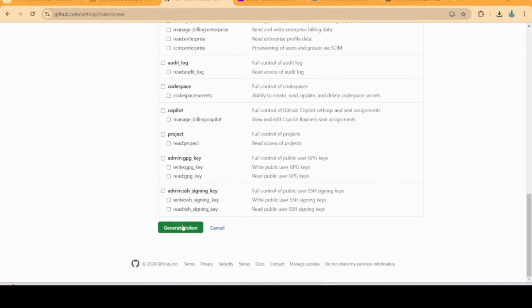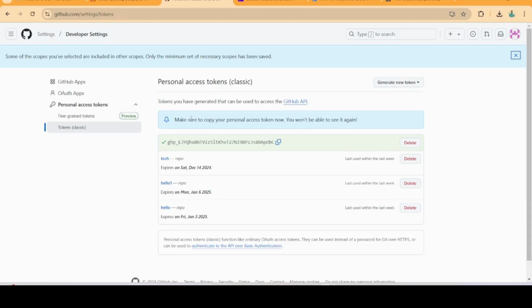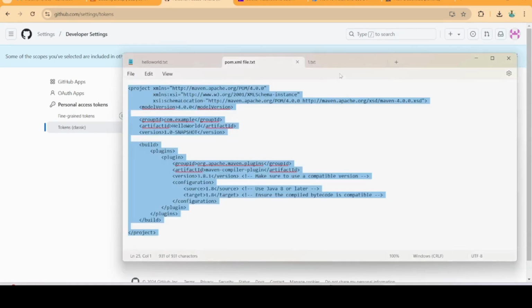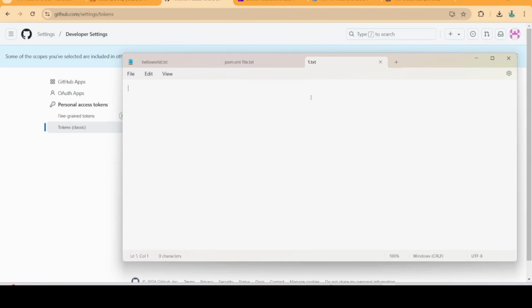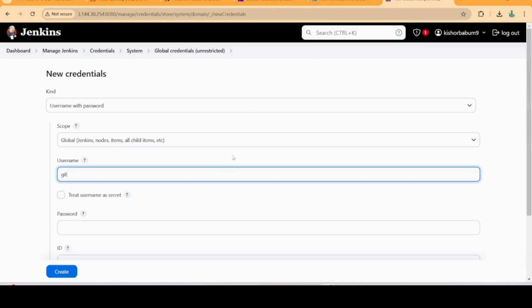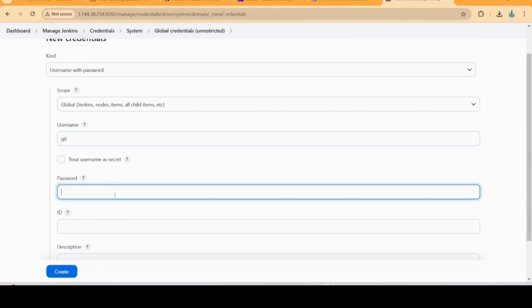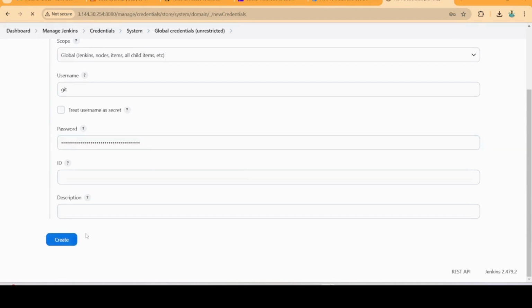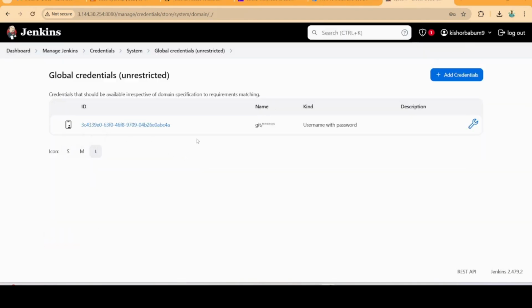So next generate token. So it's generated a token. I'm copying this token and saving it somewhere for future purposes. That key I'm presenting here